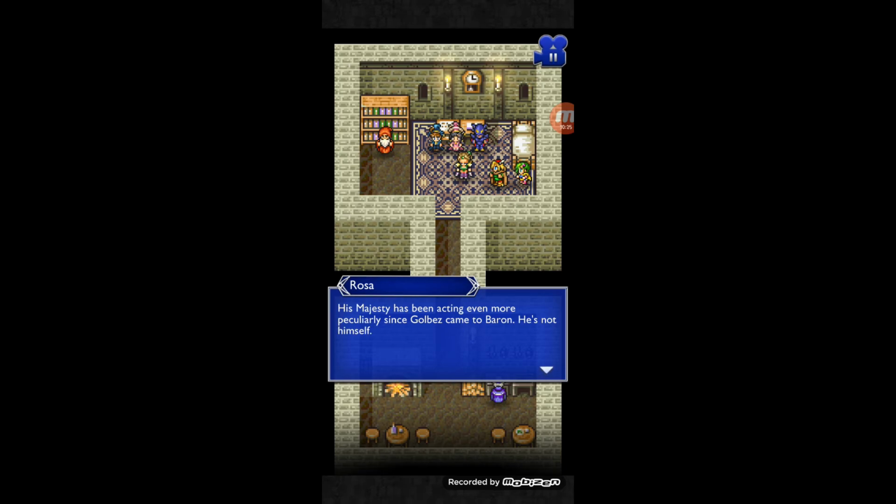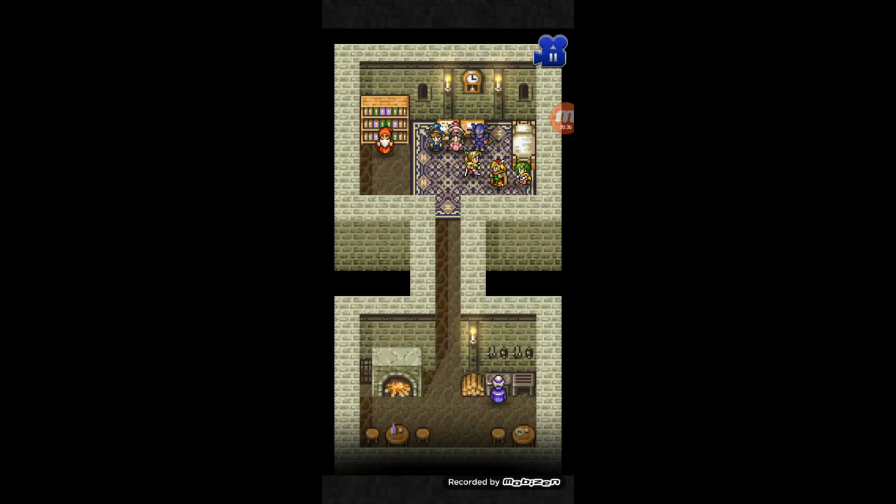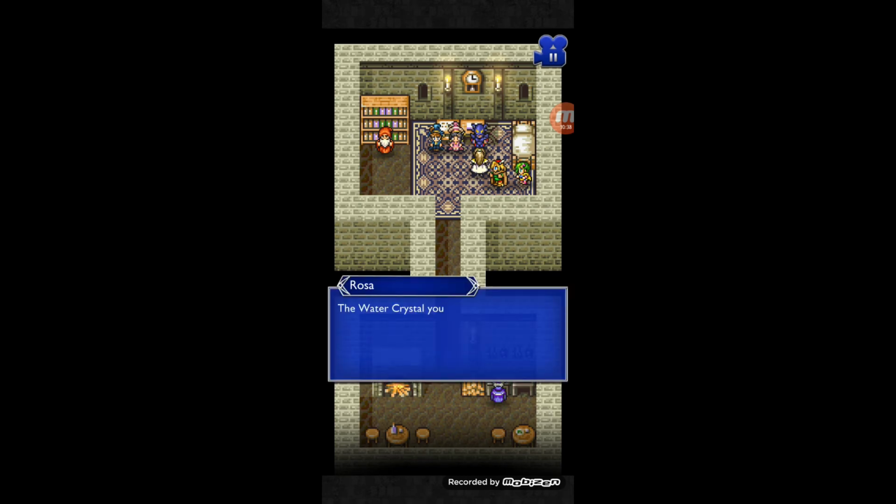Oh no. I can't be sure, but I have a feeling Golbez is the one manipulating the king to gain the crystals for himself. The water crystal you took from Mysidia. The fire crystal of Damcyan. I think this is her theme. I'm not sure. I think I confused this for Rydia's theme. Fabul's wind crystal and the earth crystal of Troia. Oh yeah, I remember the...